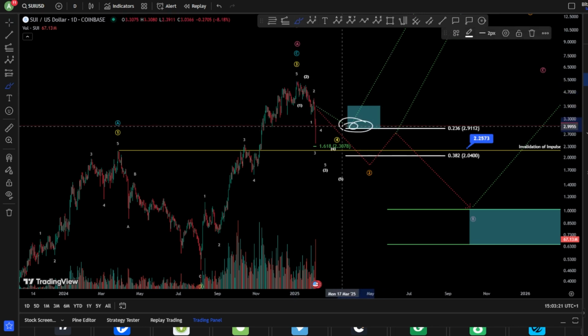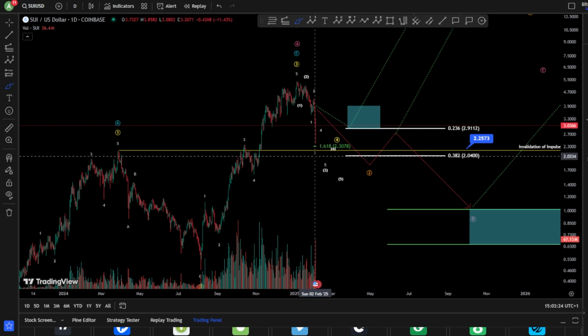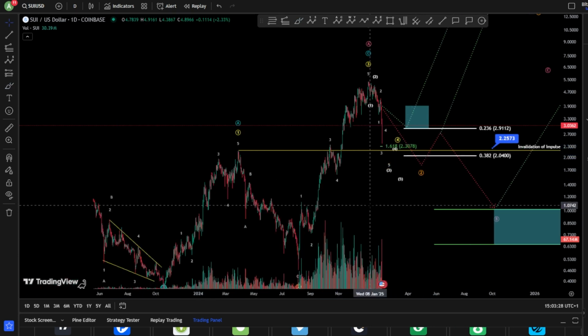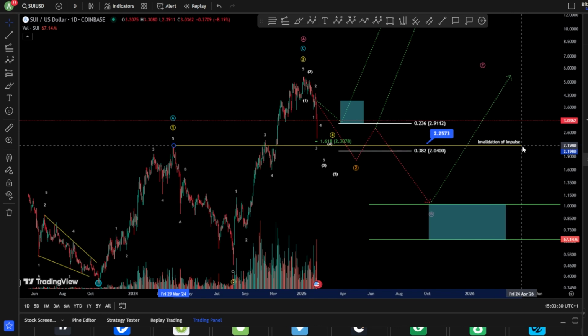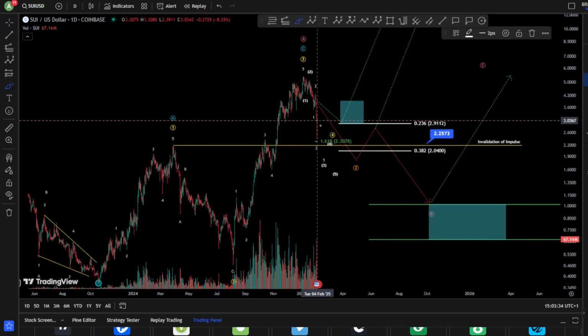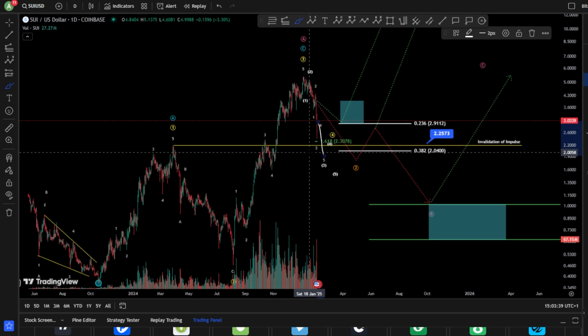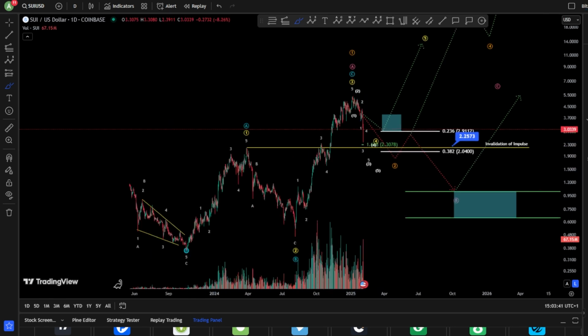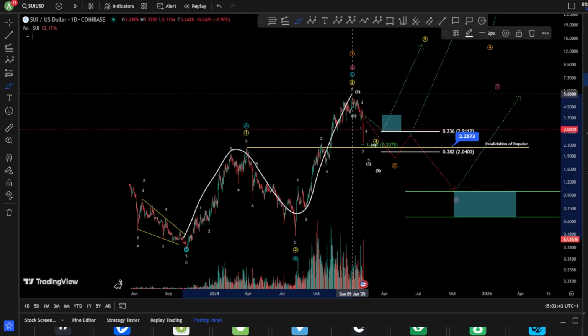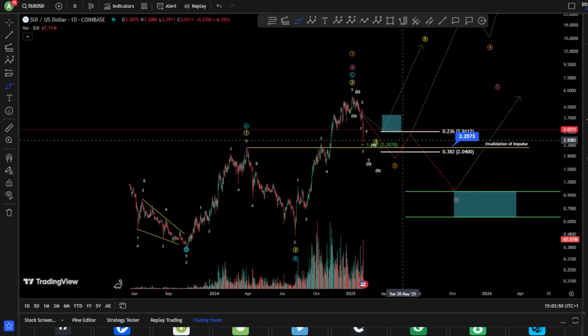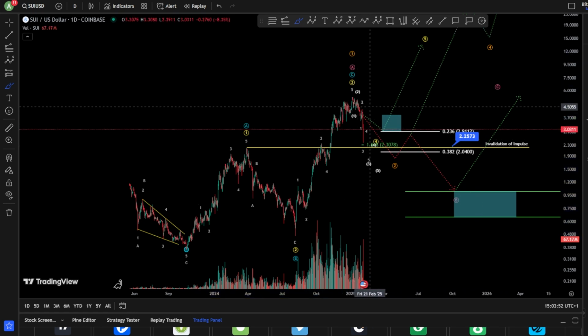We have passed the 0.23. And we are very, very close, by the way, from the invalidation. Yeah, you see this invalidation of this impulse is at $2.25. So if we are going back for a wave 5, invalidation directly. Yeah, meaning your yellow scenario is not there anymore. And if the yellow scenario, by the way, is not there anymore, I would say even the orange scenario cannot be there as well.